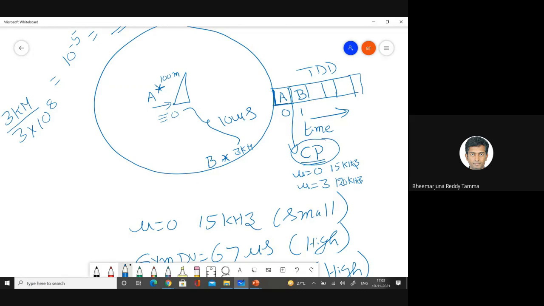And for small cells, where you have only 100 meters maximum between the sender and receiver, in this case the base station and the user, the propagation delay is the same for all the users in the cell because it's a small cell. Then you don't really need a larger cyclic prefix to account for additional propagation delay for users who are further away. So if I come back to timing advance, because this user has